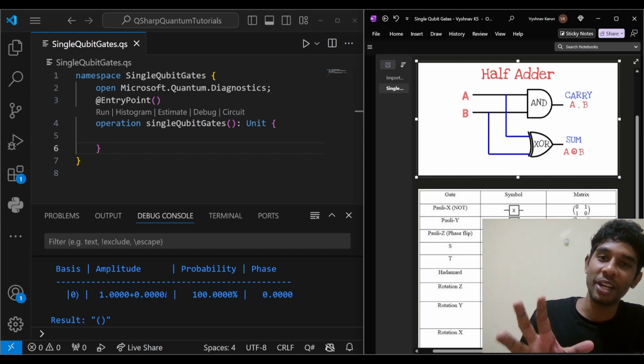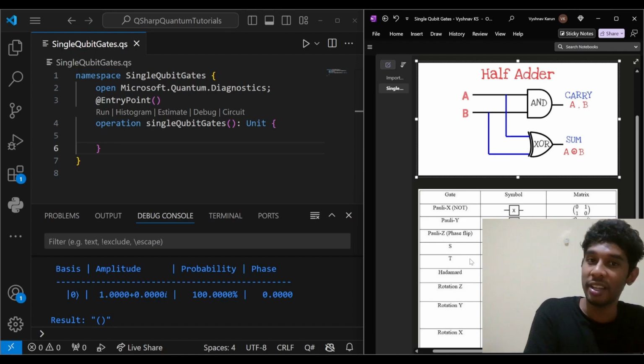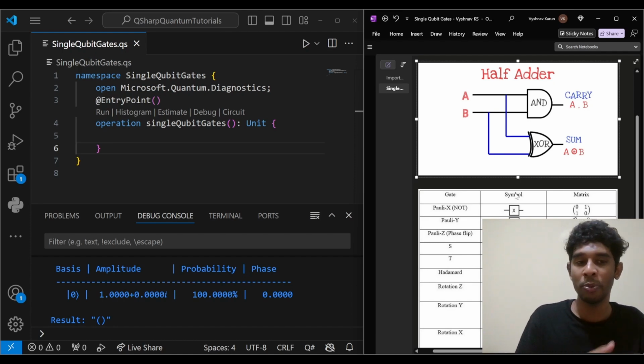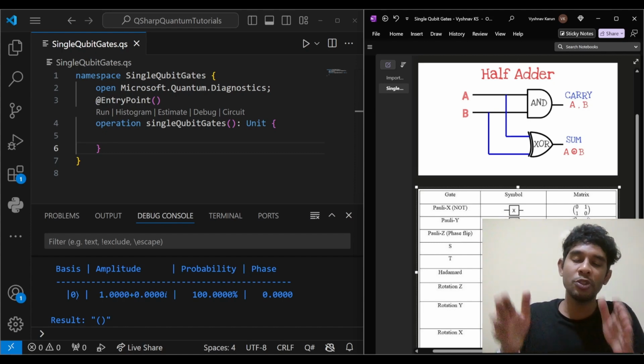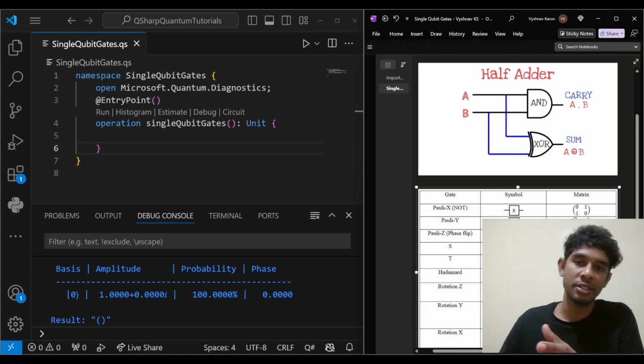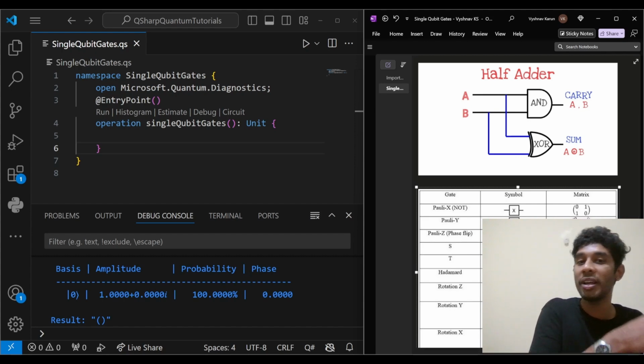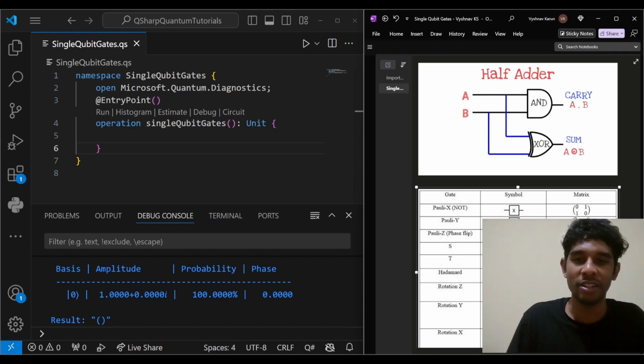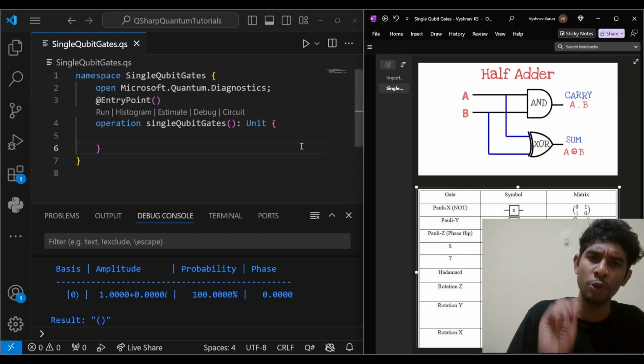Now, the thing about quantum gates is that the operations that they do are reversible. Classical gates are not, by the way. In quantum gates, what happens is you apply a quantum gate to a certain set of qubits. You can just apply the inverse of it to go from the result to the initial set of qubits. So, let's just get started implementing the quantum gates for now, and we are going to do it today on